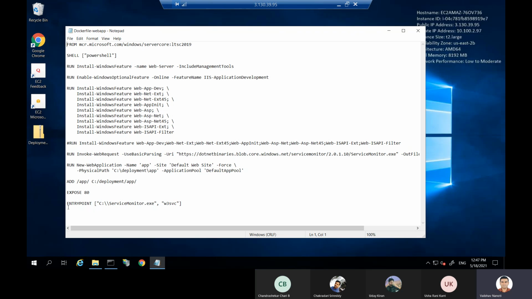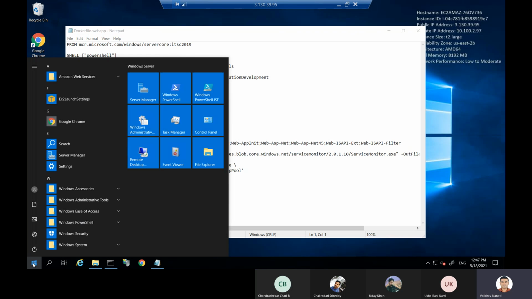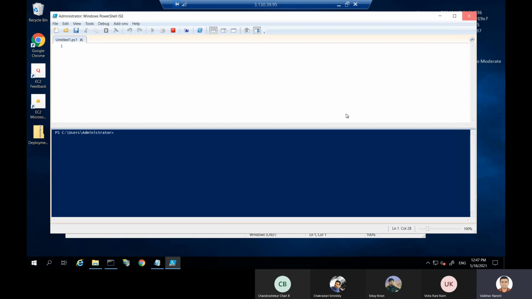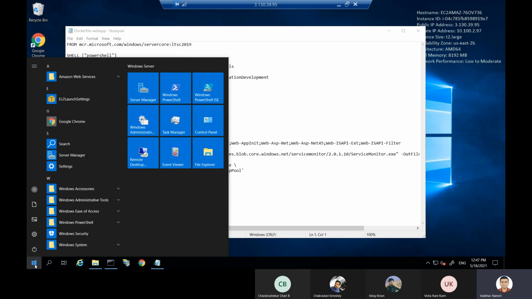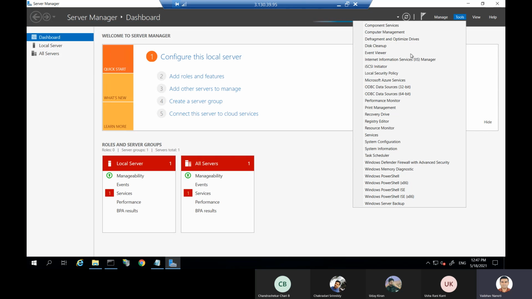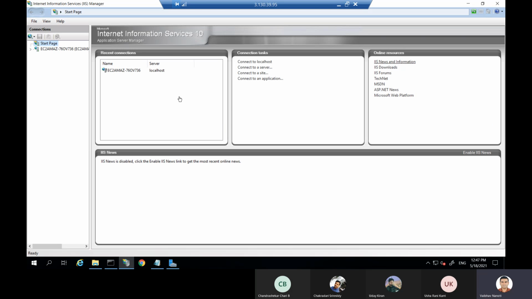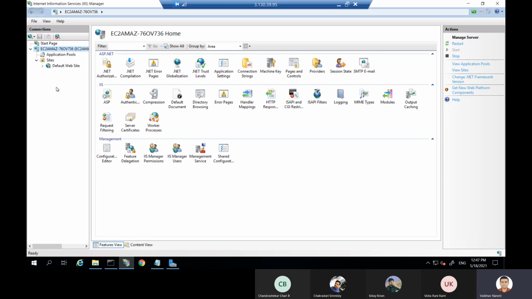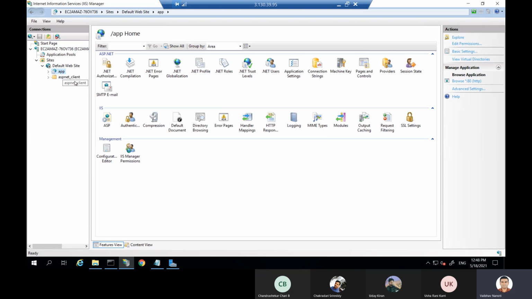I'll show you specifically in our web app server. Once you are logged in over there, you can find this IIS server, in which you can find a default web pool. In that web pool, there is an app pool.